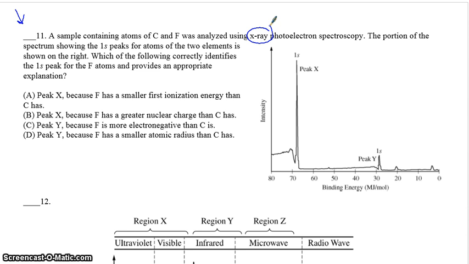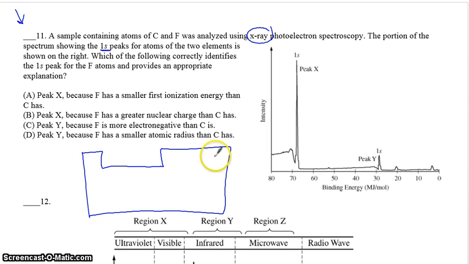The portion of the spectrum showing the 1s peak for atoms of the two elements is shown on the right. Now what they're saying, so we have ourselves fluorine and carbon, so let's visualize fluorine and carbon. Fluorine is the fifth element, right before the noble gases. Carbon then is the second element here. So we know that